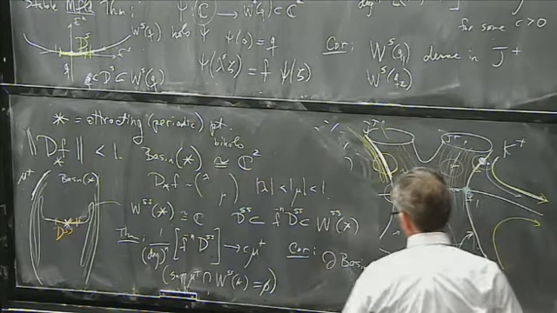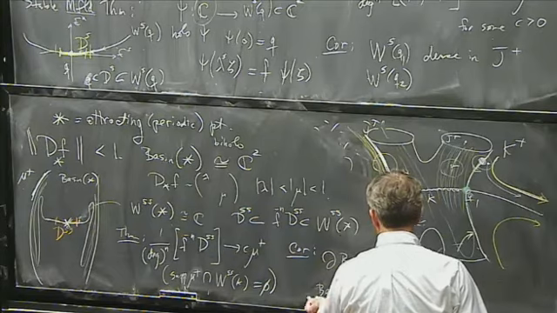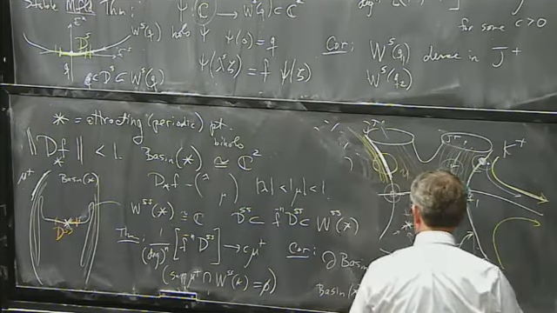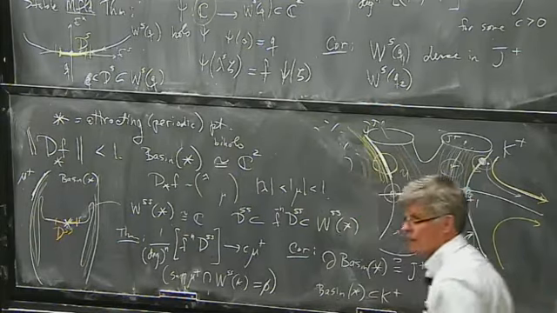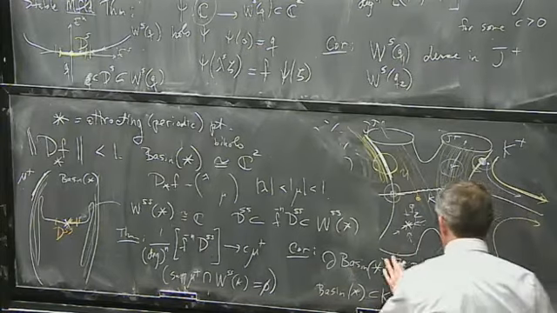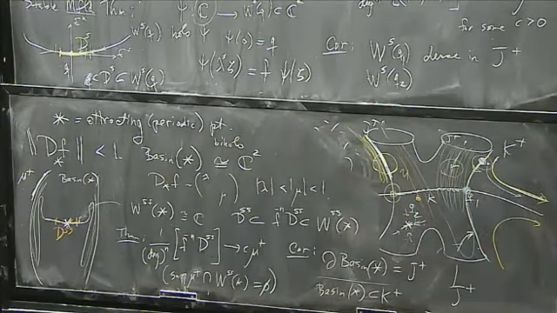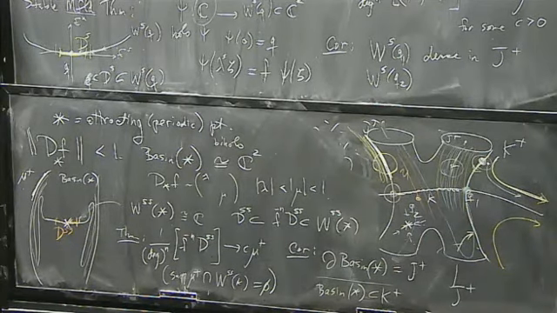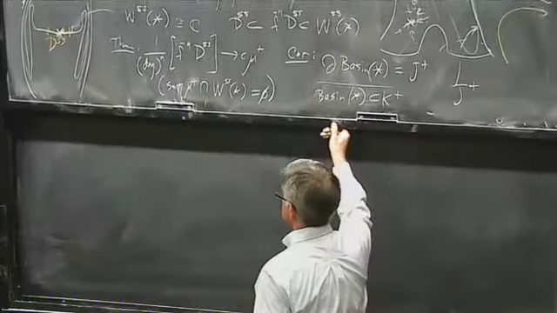But on the other hand, I know that the basin of the sink is an open component of K plus, so its boundary will be inside the boundary of that. So the conclusion is that they're equal. Now, is this surprising or worth stating or not? I think it's pretty interesting, because